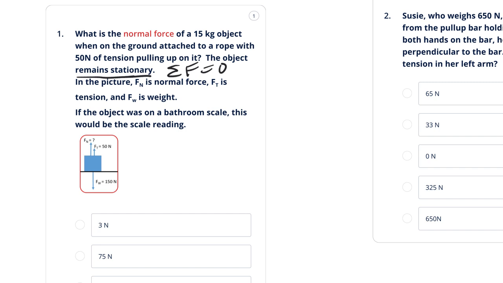So you should just look at this free body diagram right here in the red box and realize that the normal force, which is that plus the tension in the string, is going to equal the weight. And you should be able to see, therefore, that the normal force is going to be